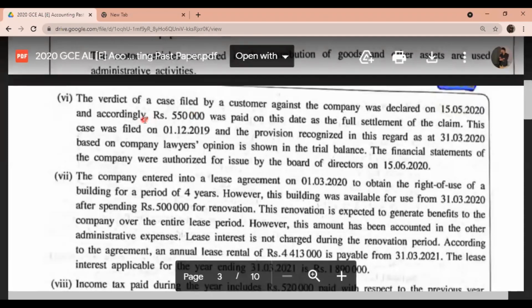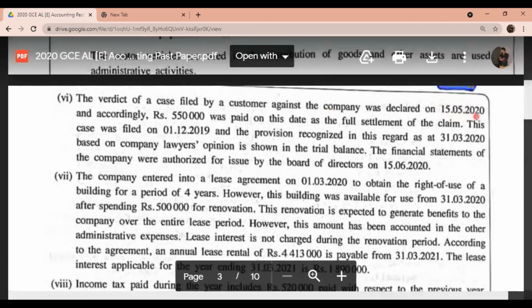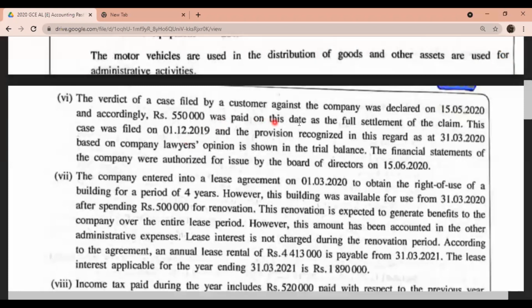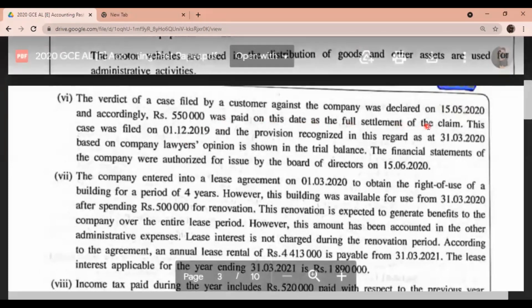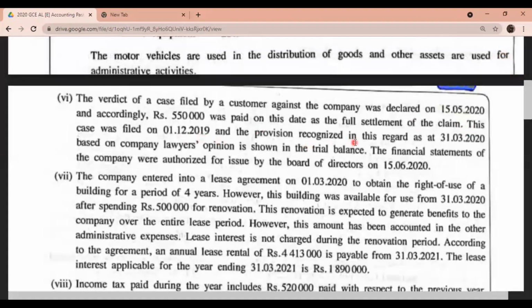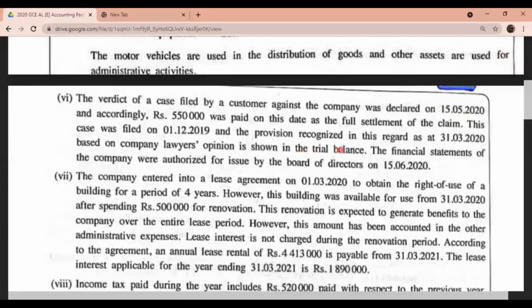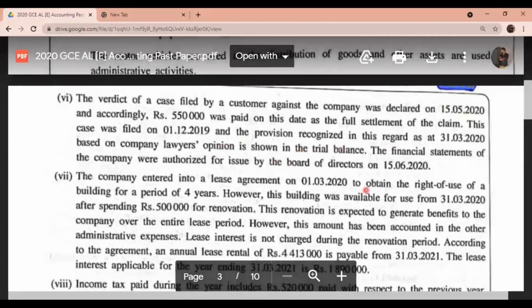The verdict of a case filed by a customer against the company was declared on 15/5/2020, and accordingly, rupees 550,000 was paid on this date as the full settlement of the claim. This case was filed on 1st/12/2019, and the provision recognized in this regard as at 31st/3/2020, based on the company lawyer's opinion, is shown in the trial balance. The financial statements of the company were authorized for issue by the board of directors on